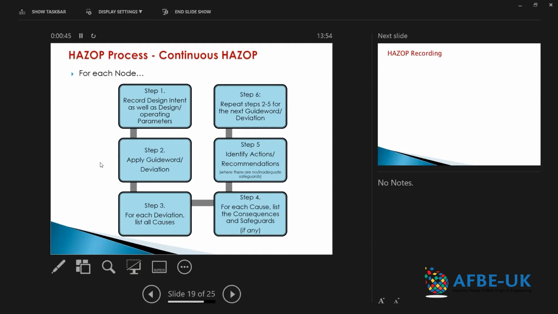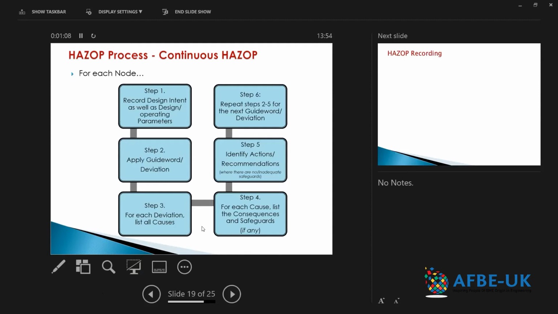You apply the guide words, so no flow, more flow. For each of those, you have to apply the entire list of guide words to that node. So that's what this is depicting, basically. You apply the guide words or deviations in the flow. For each deviation that you have set, so you're taking temperature